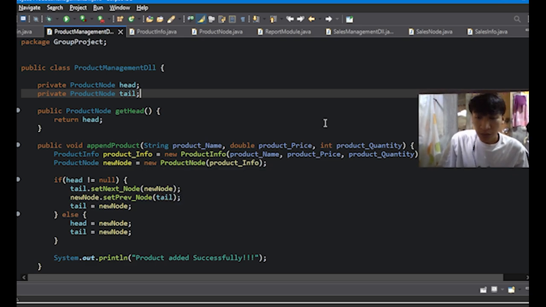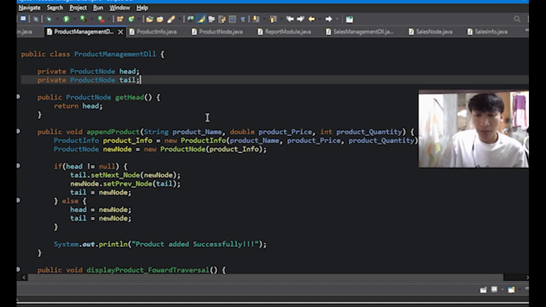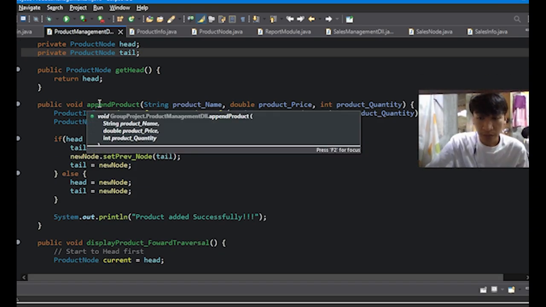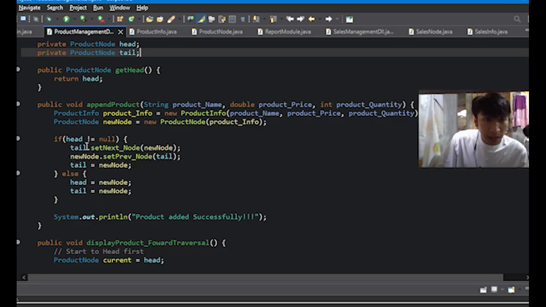These two references let us add new nodes at the end and traverse from either direction, forward or backward. The public product node getHead returns the reference to the first node, the head of the list, and allows external classes to access the head node directly, typically for iteration or debugging.